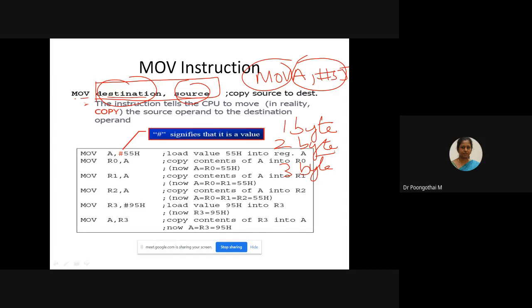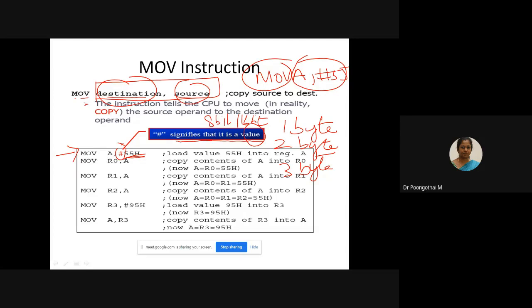Look at this instruction, move A comma hash 55. Here the hash symbol is used. It indicates that the operand is 8-bit or 16-bit data. So 8-bit and 16-bit data is preceded with this hash symbol. It signifies that it is a value.